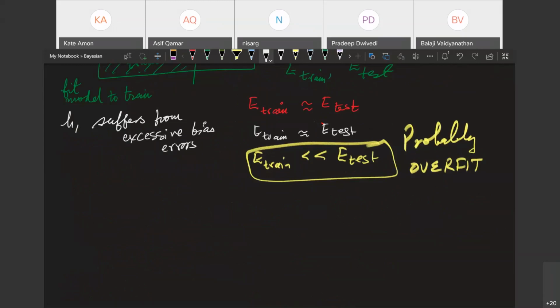Right? It is the errors of being simpler than reality, being too stiff. Hypothesis 7 suffers from high variance errors. Right? Overfitting errors.